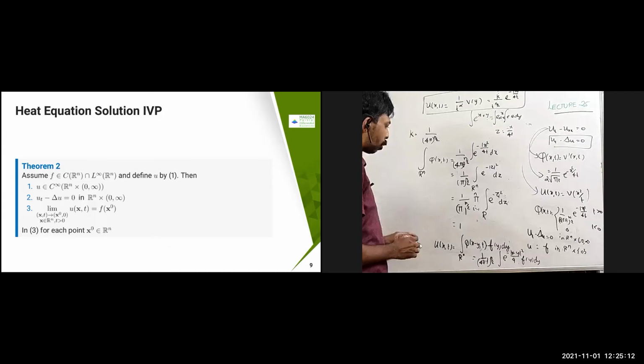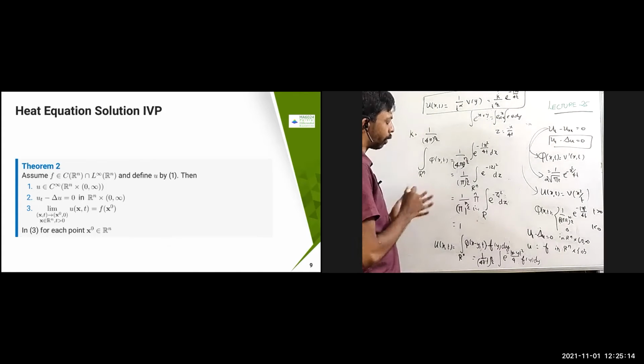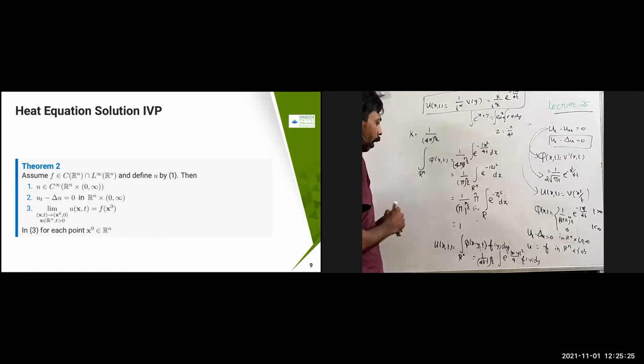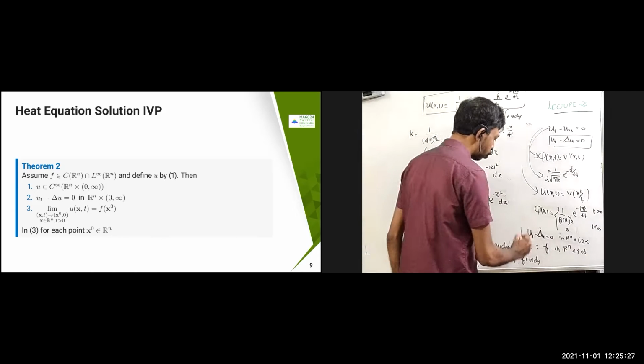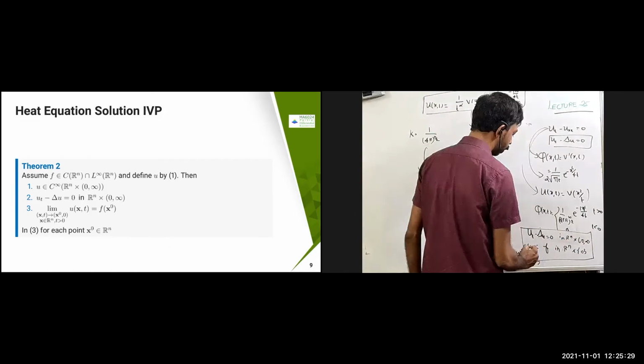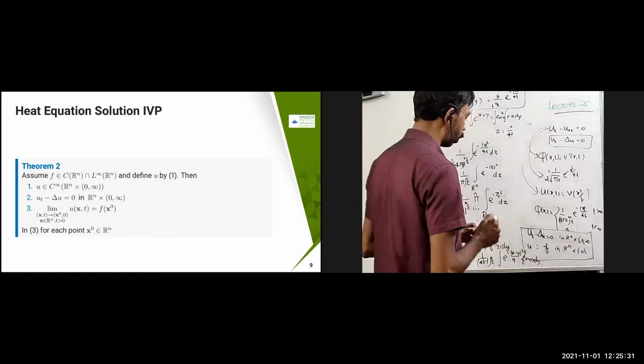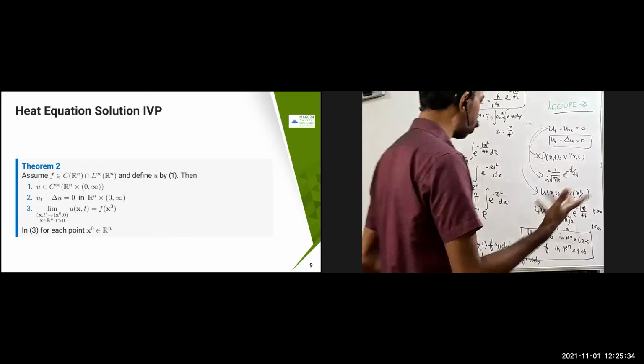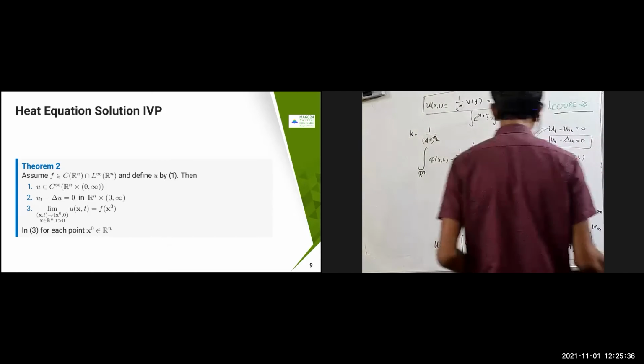We have derived almost similar things in the Laplace equation as well as in the wave equation, but I have not proved this theorem. Mostly I have given the proofs as theorem exercises to you, almost 2-3 theorems of similar kind, but for this case I'm going to prove it. So you can use the same logic to prove the other cases also. Let us see how to prove this theorem.